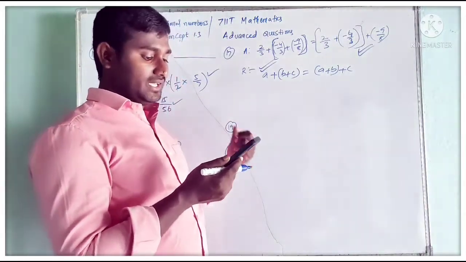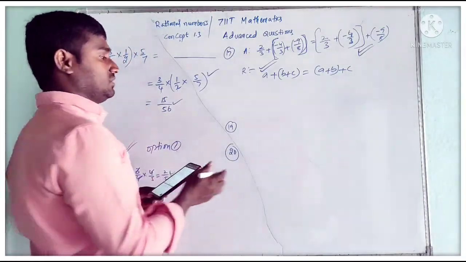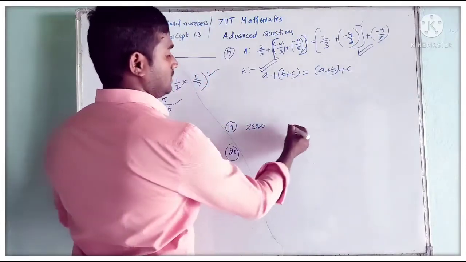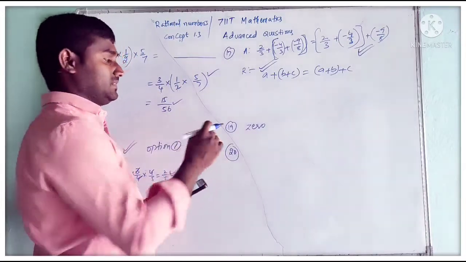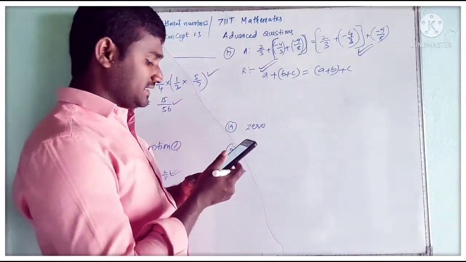19th question. In every rational number, the denominator should not be 0. Q is not equal to 0, we will say now. That is, it should not be equal to 0. The periodicity of